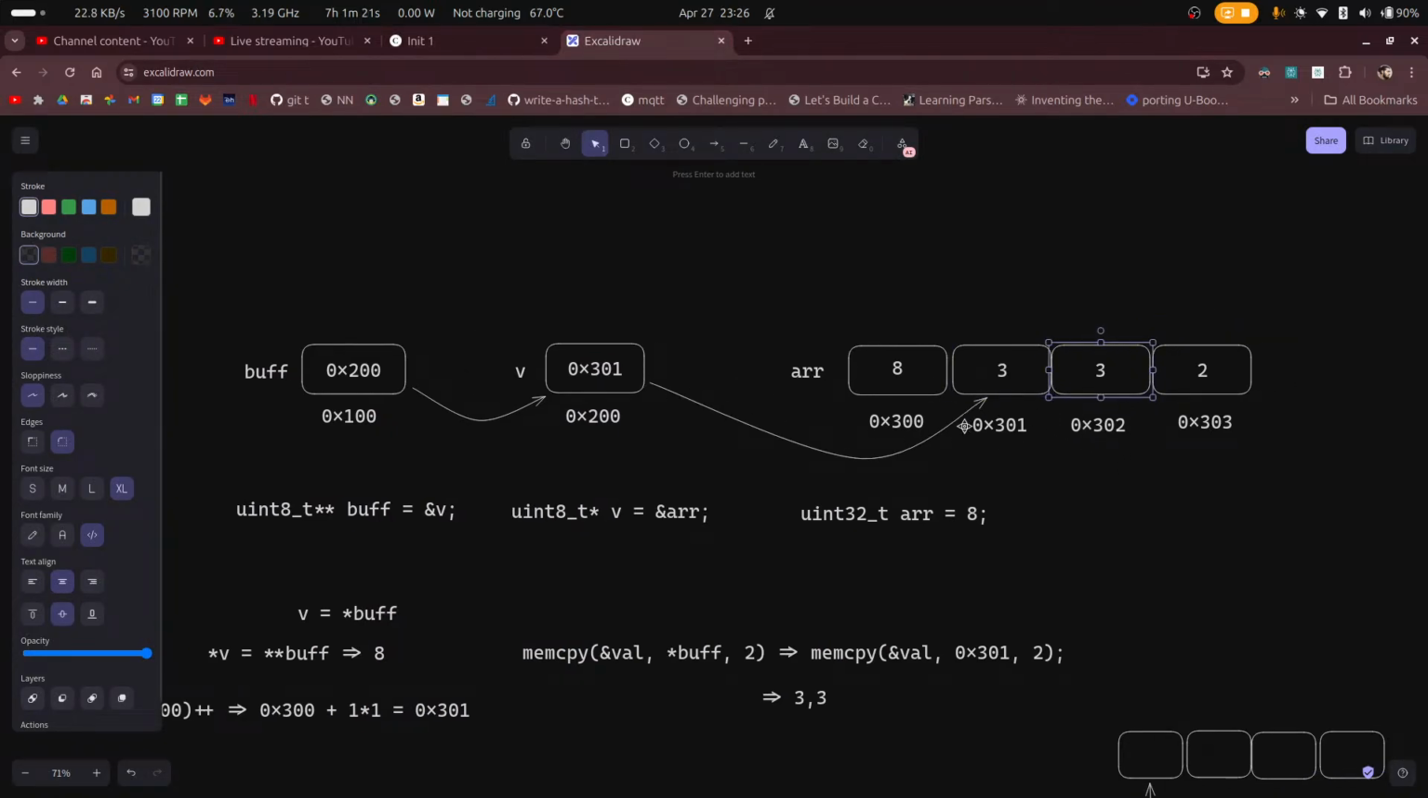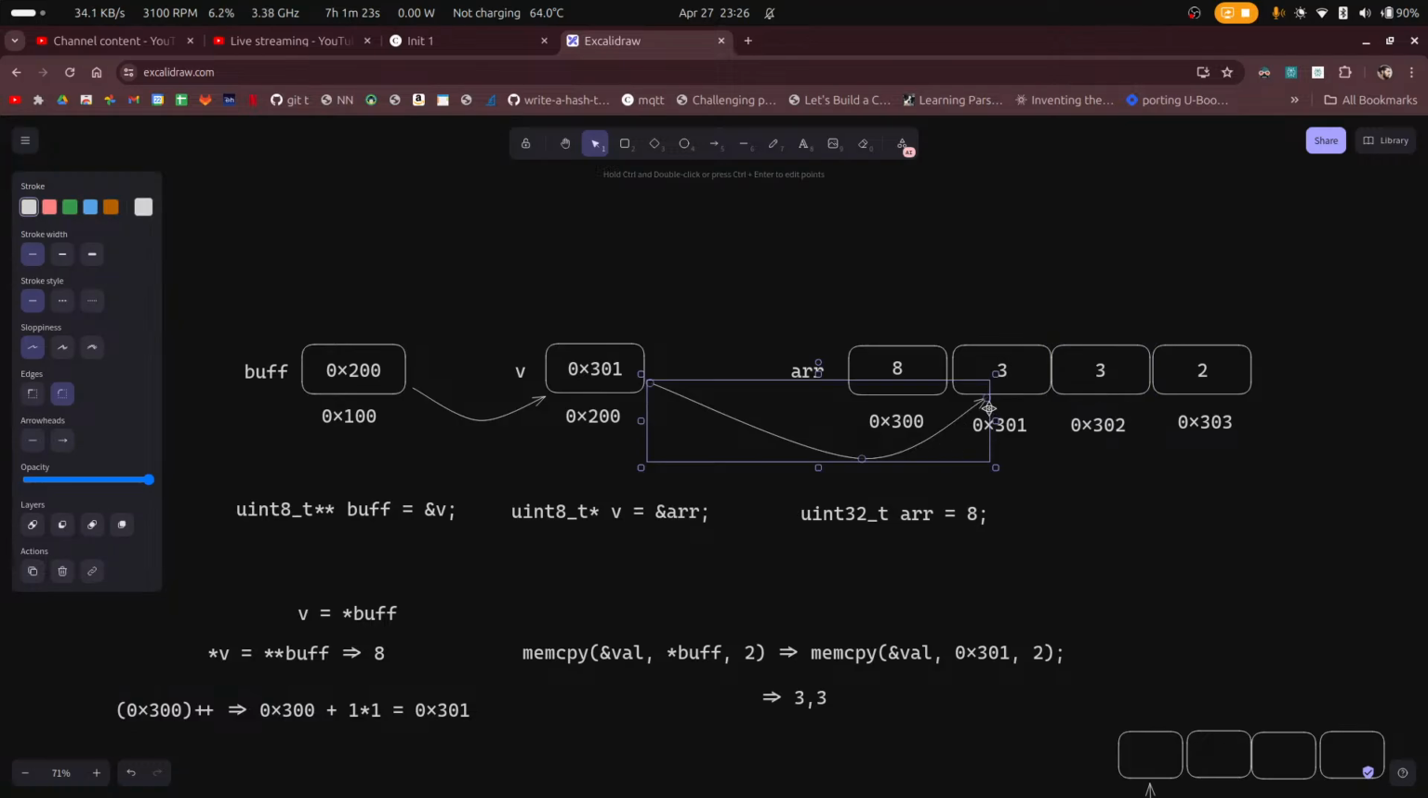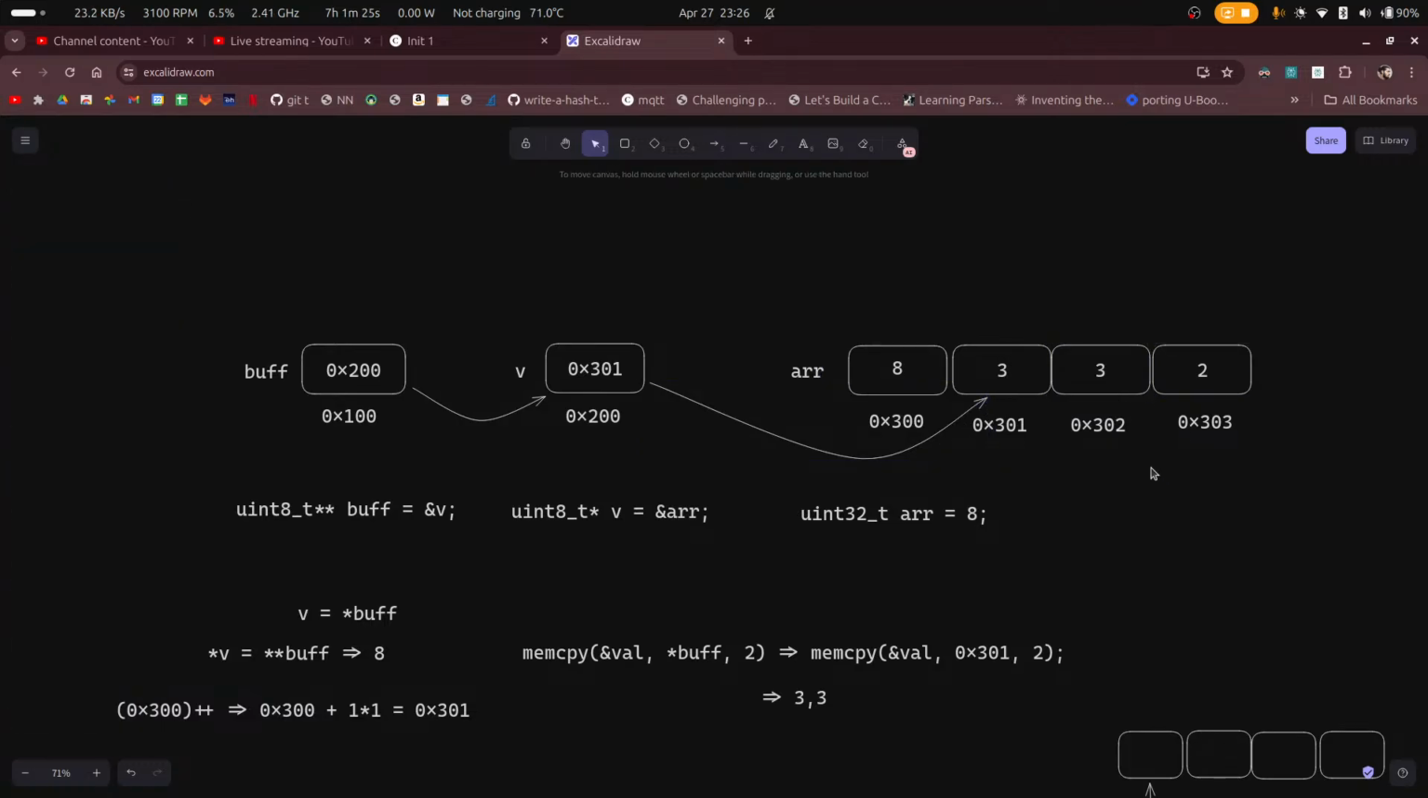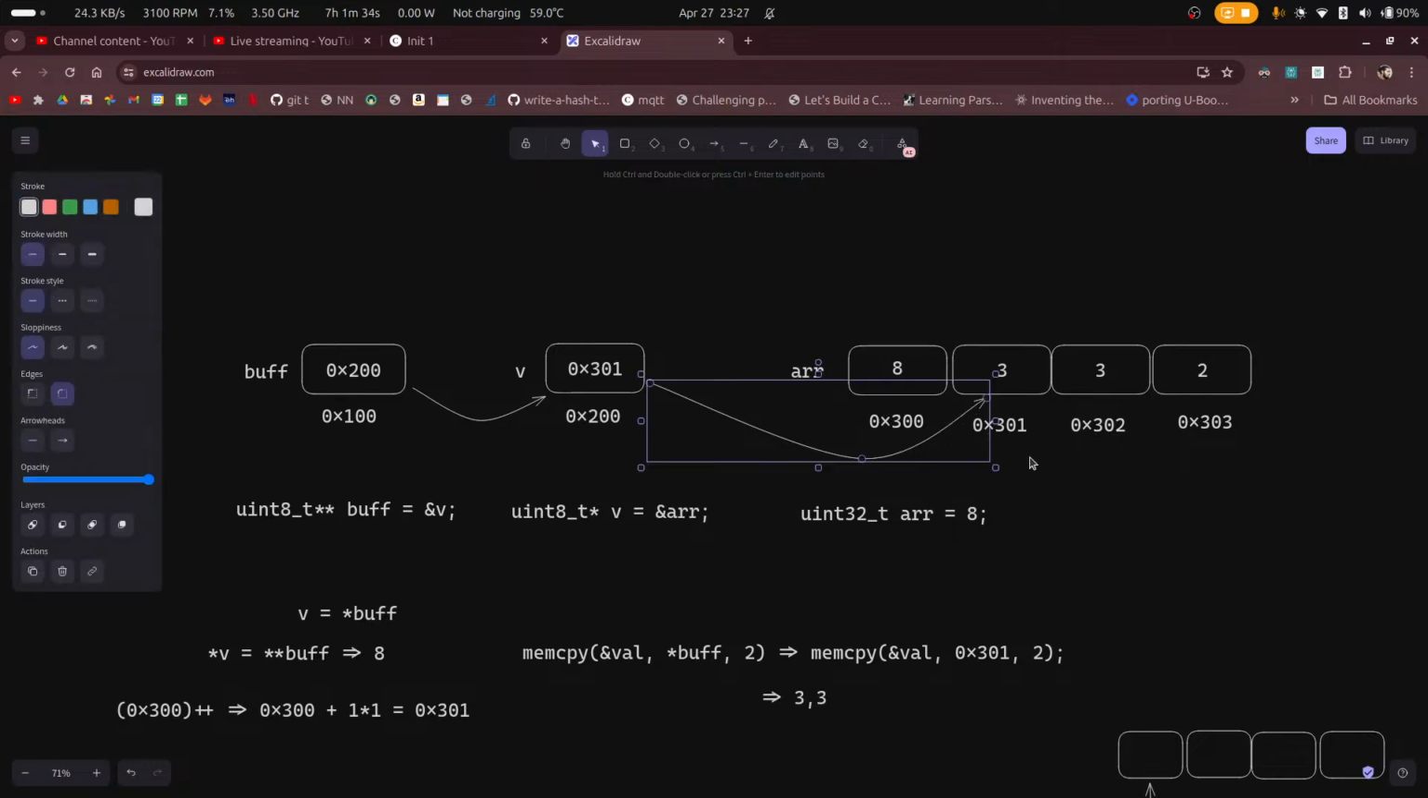Now I'll update this pointer to point to here. And how do I do that? Well, I have to move. Let's just say, what does it mean when I say I have to move this arrow from here to here? Now, what does this mean? Well, this means